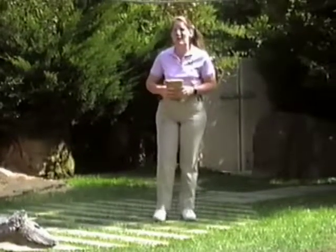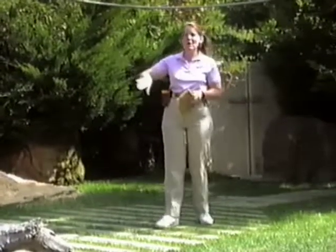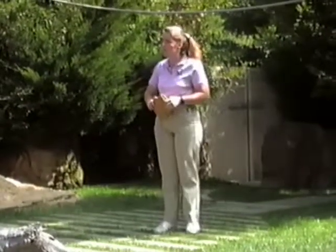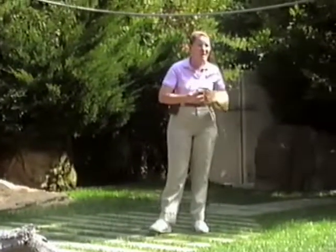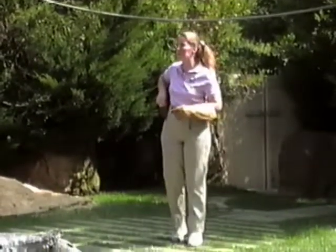Now, the first animal we're going to bring out for you doesn't have a threatened habitat at the moment because it's found all the way throughout the United States. But it's found all the way down to the outskirts of the tropical forests of Central America. Now, this is obviously a bird of prey. Her name is Desiree. She's a red-tailed hawk, and she's been waiting patiently in that remote release cage at the